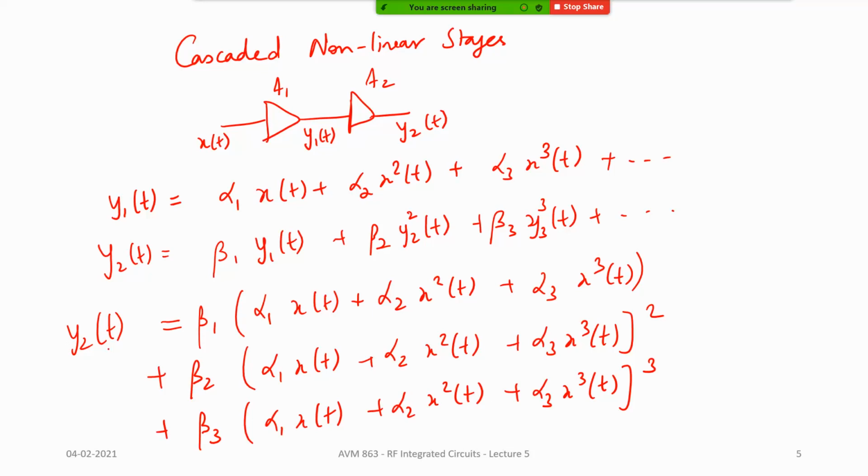You can look at the terms now that we have some understanding. If you look at it, you can directly write the IIP3 equation. So what are the IM tones? Where do you get the IM tones here? The IM generated by alpha 3 will be multiplied by beta 1. Let me explain this first and then we can have a better understanding.